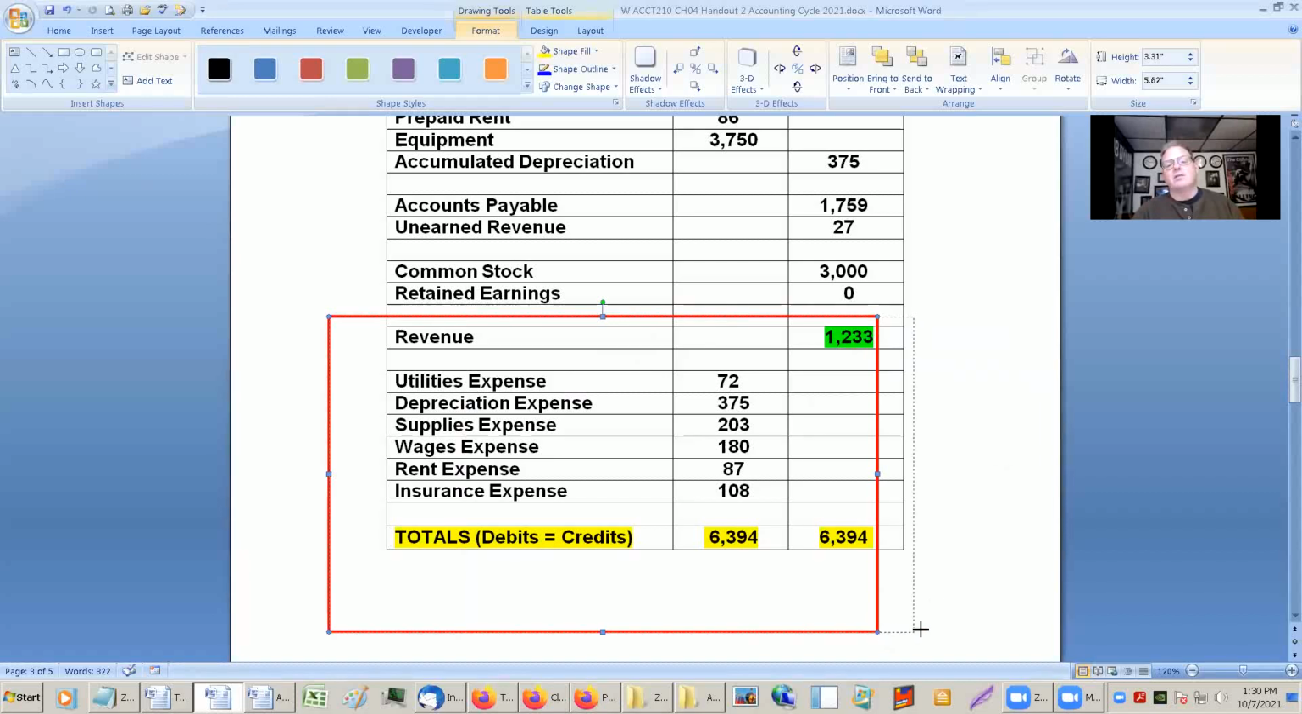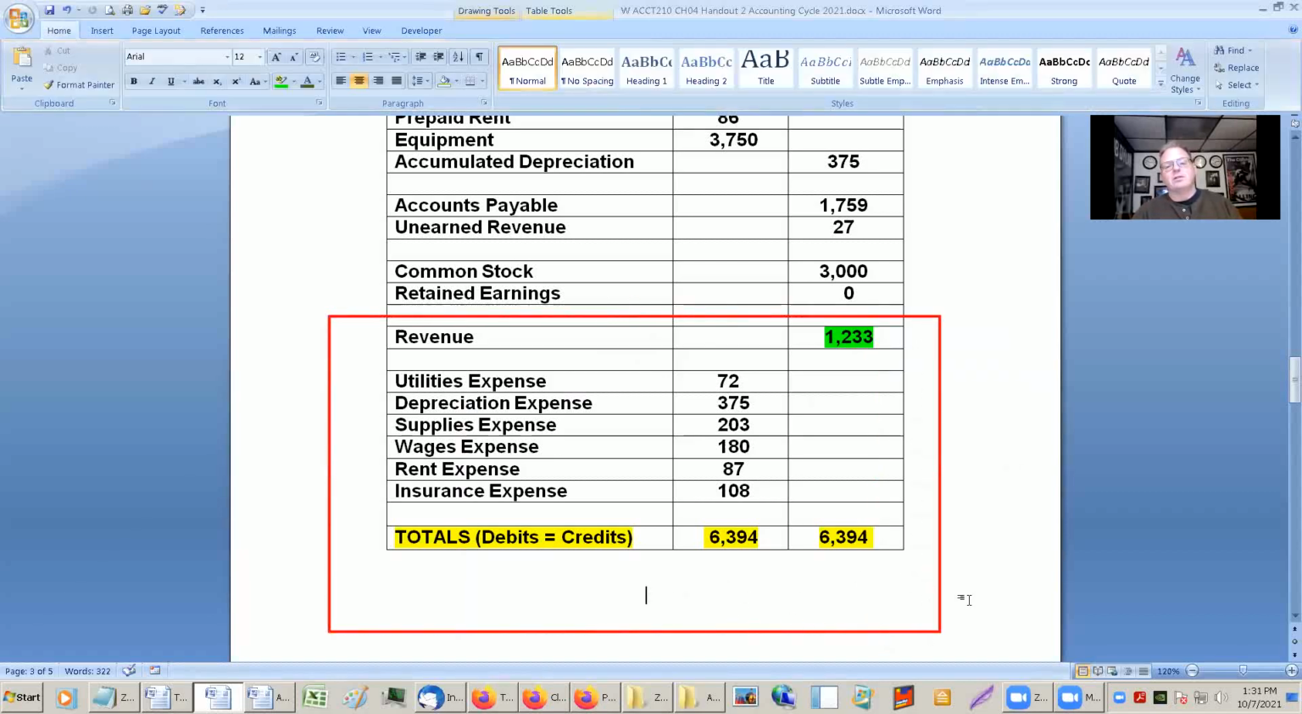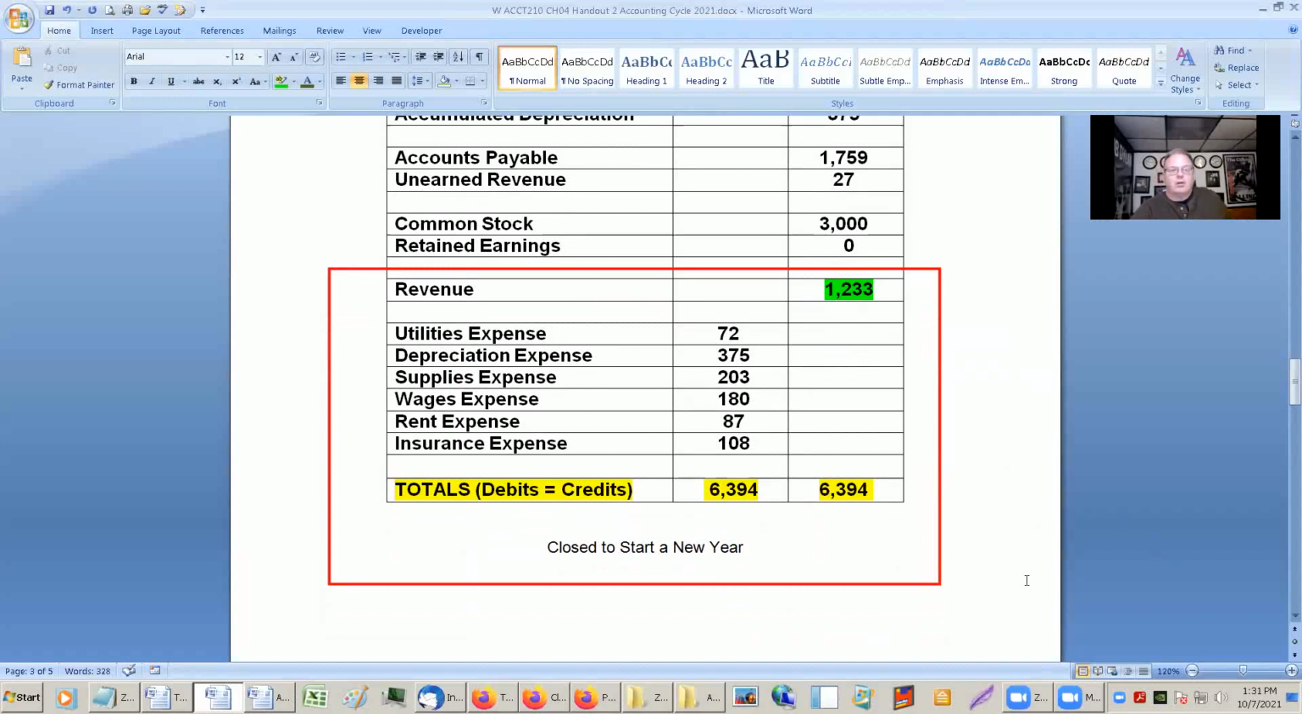All of these accounts will get closed. Now, the stuff that's on the balance sheet will not be closed. So this stuff down here,